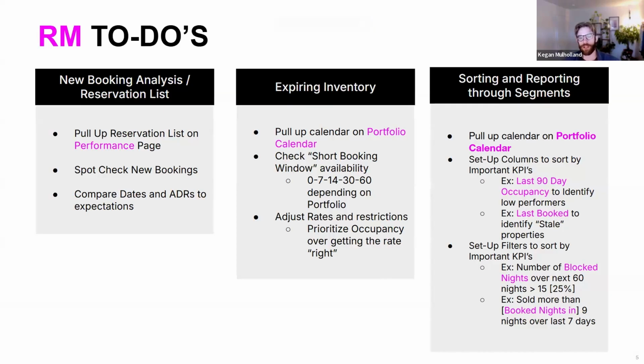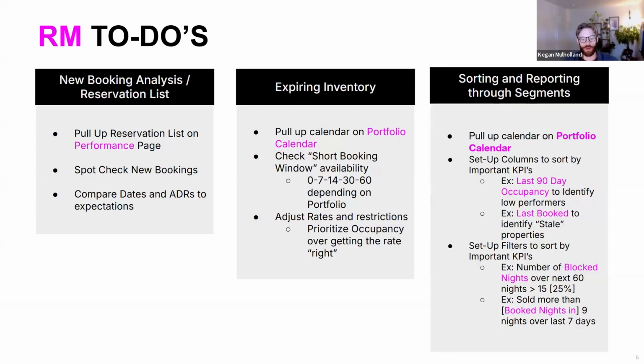So the next 7, 14, even up to 60 days. This expiring window for your portfolio and listings can vary by market or even property type, right? So if you're in more of an urban, like downtown market with condos, studios and one beds, you may have a much different ability to sell within the short term than a 5 bedroom in like an urban location, right? So that expiring inventory window can vary, but essentially it's looking at the near term